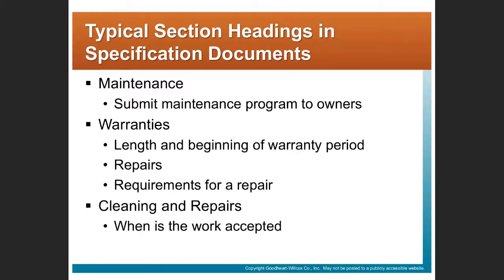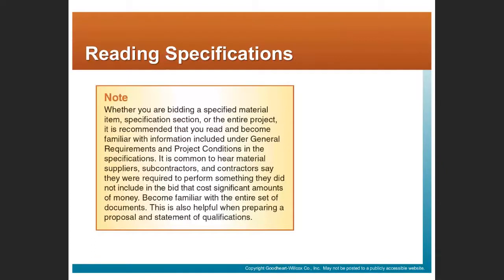Specifications may talk about warranty, right? Are you as the electrical contractor required to provide a warranty? You certainly bring forward the warranty from the equipment supplier. Are you required to provide a warranty over and above what the equipment supplier gave you? What responsibility do you have for any repairs and maintenance? How is the work accepted, right? What do you have to provide to get your work accepted and get paid? These are all things that would be contained in the specifications.